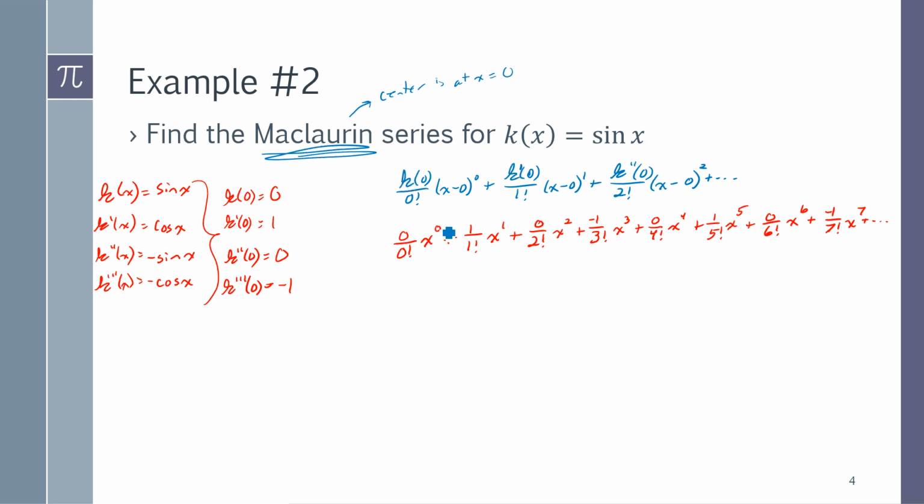So what I'm noticing is all of my even degrees are 0. And I can actually toss out all of my even degrees, meaning my exponent has to always be an odd number. So now the question is, how do I only have odd exponents? Well, the answer to this is that if I want an odd number,